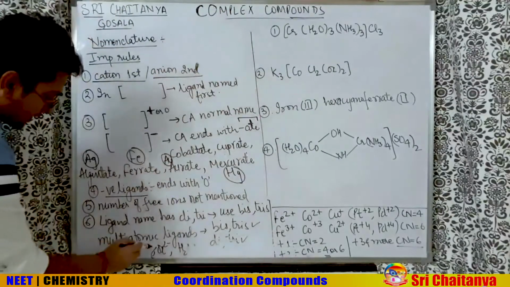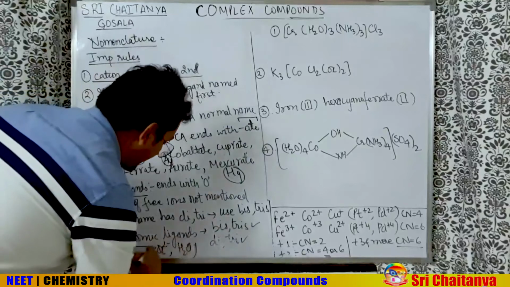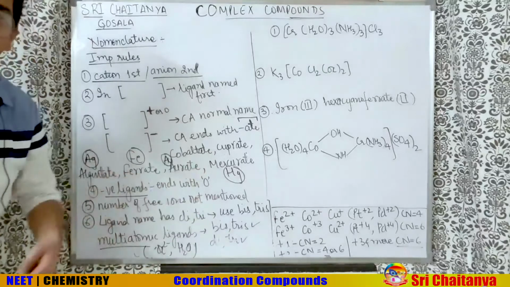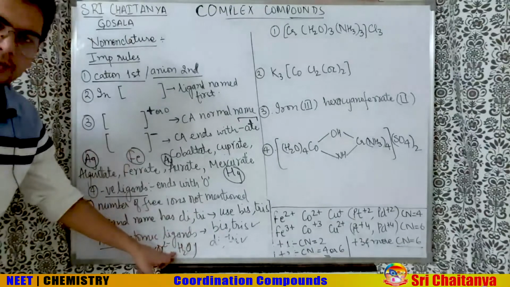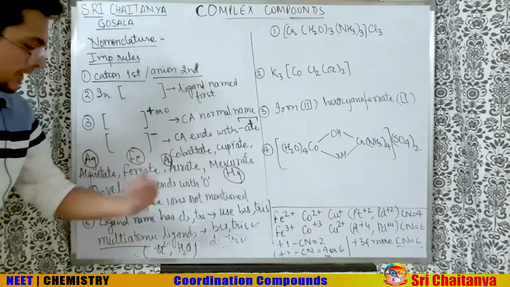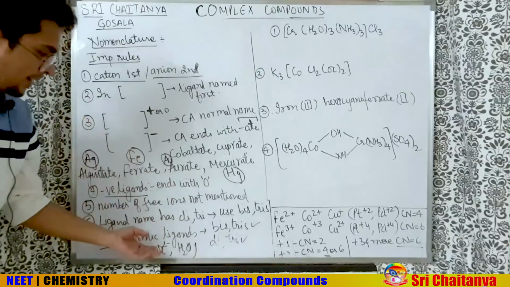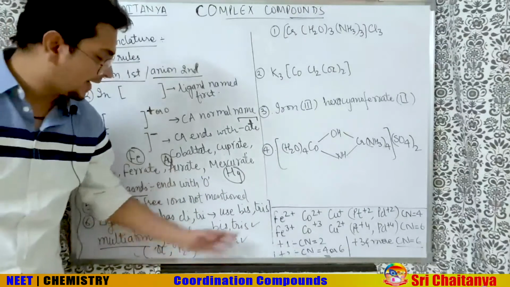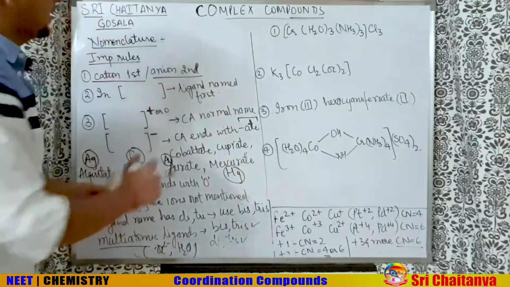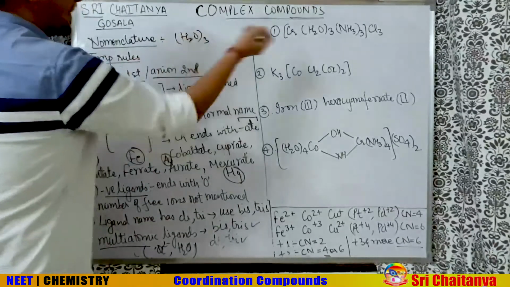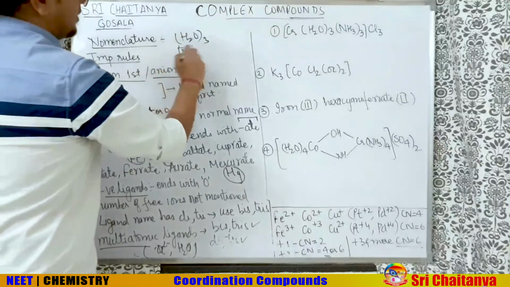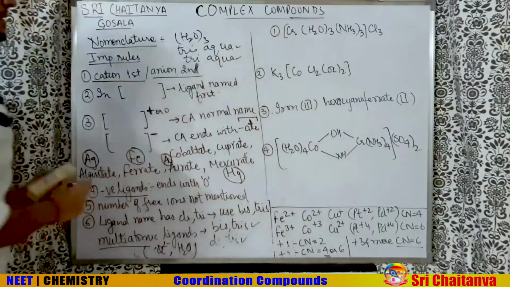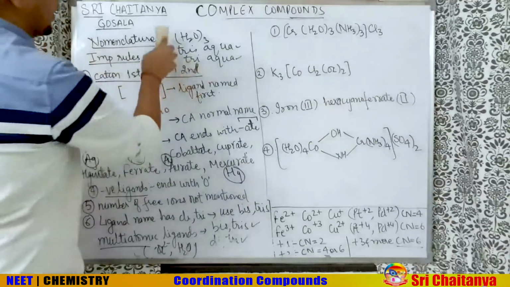But sometimes there are multi-atomic ligands. Multi-atomic means a ligand made up of more than one atom. For example, oxalato is made up of more than one atom. Water, we call it aqua, is made up of more than one atom. For them, it is optional. You can use di, tri also. Maybe we can say the paper setter can use di, tri also. They can use bis, tris also. That means here tris aqua is also okay. Tris aqua will also work and triaqua will also work. So the paper setter can give you any of these two and both are equally correct.